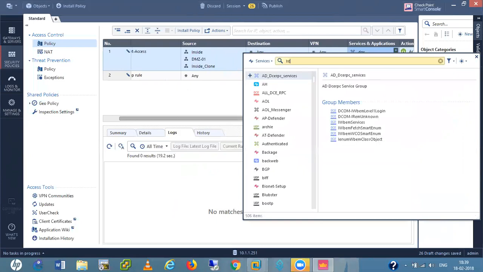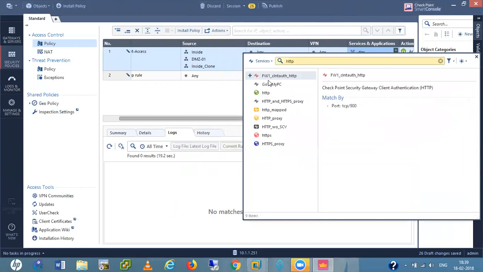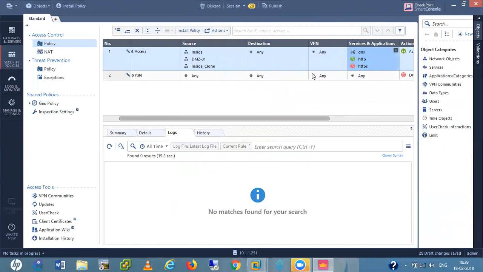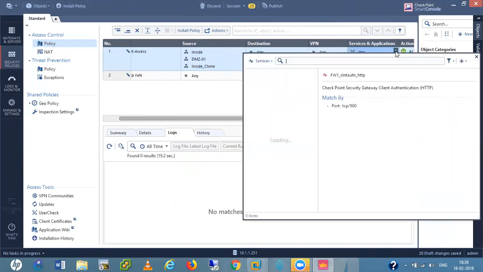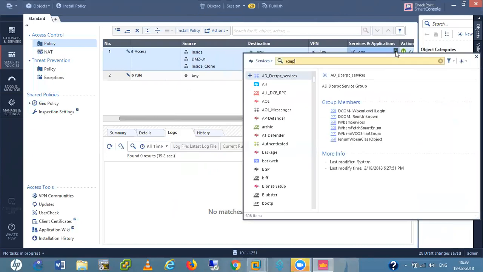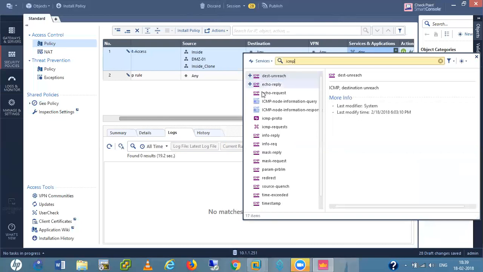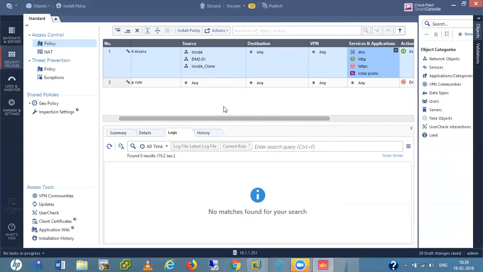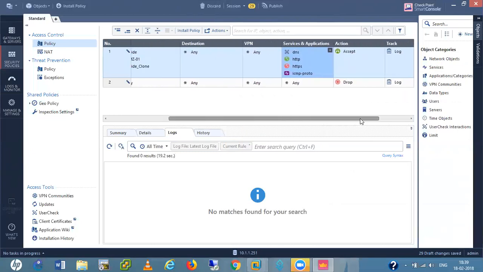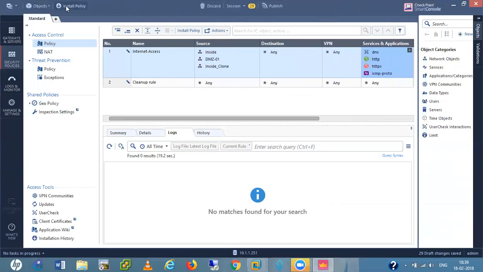Now HTTP, HTTPS, and ICMP protocol. Now let me install this policy.